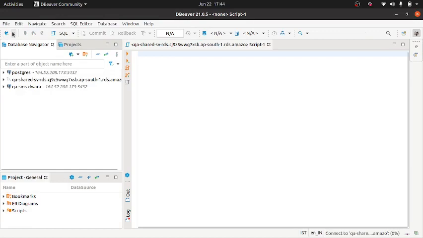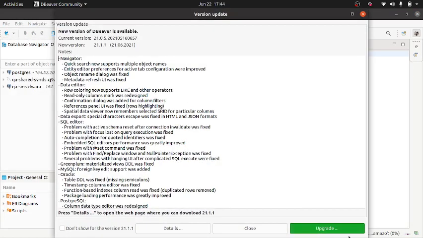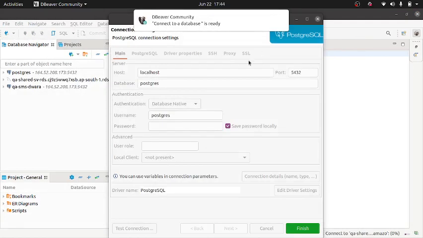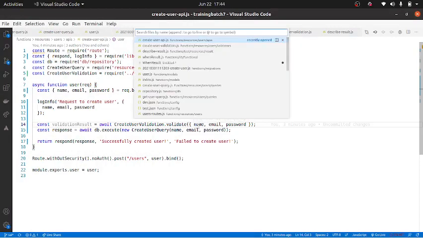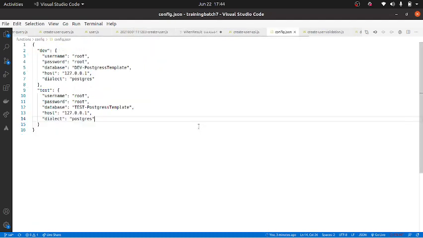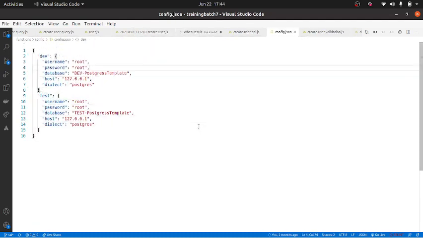So I'll connect to local system Postgres, localhost. What is the configuration? Root?